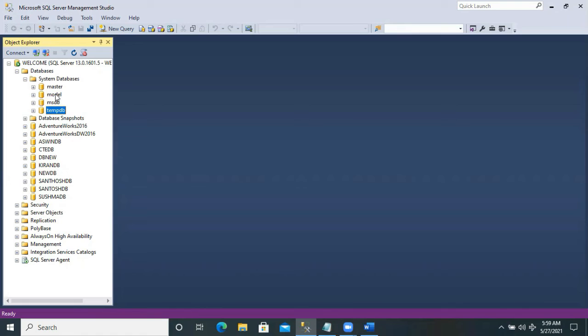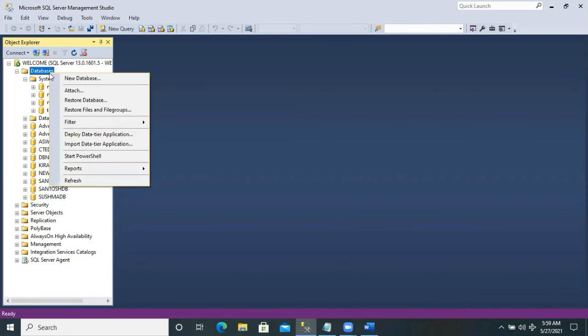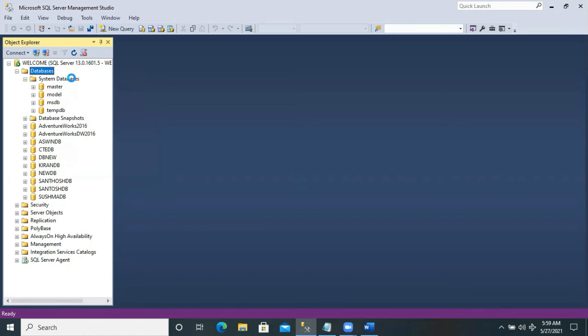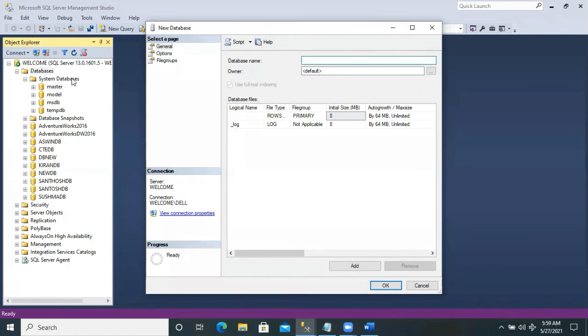So here, the steps I'm following to create my own database are the GUI method. In the Object Explorer, right click on the databases, select the new database. Here, name the database. Where is this database going to be located?